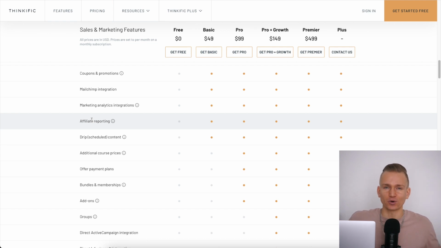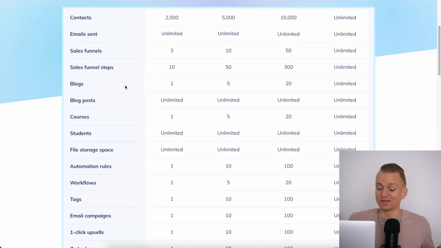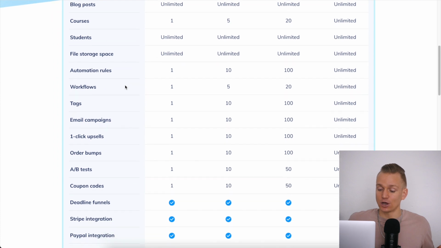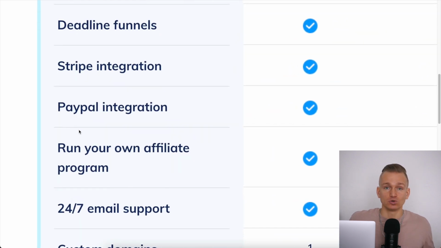Actually, for other softwares, you only get affiliate features not even on the beginner plan, but basically their more advanced intermediate plan. With Thinkific, you do get it from the beginner paid plan, but with Systeme, you actually get the affiliates even with the completely free plan, which is just absolutely mind-blowing.